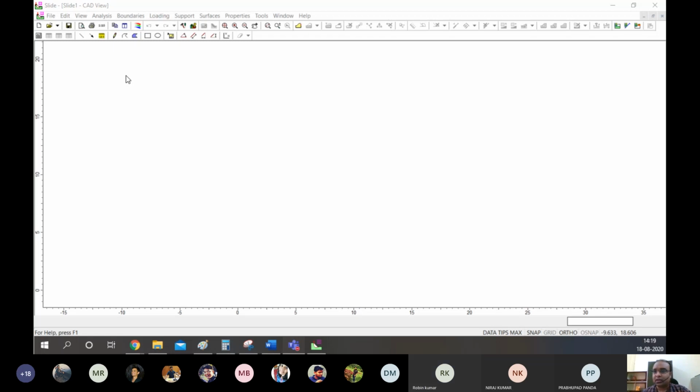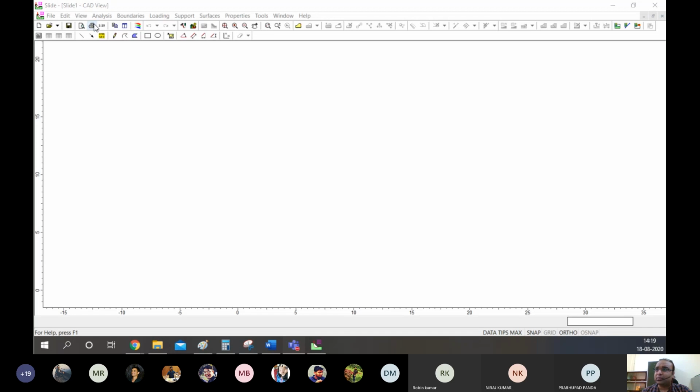So we started a basic exercise of how things are done, but we had to rush it through last time. So today we will be seeing in more detail how this limit equilibrium method can be applied for the slope stabilization purpose in this software. This software we have is called Slide.